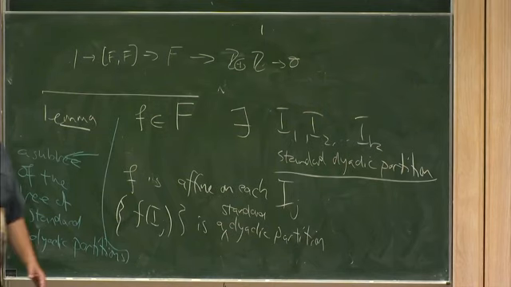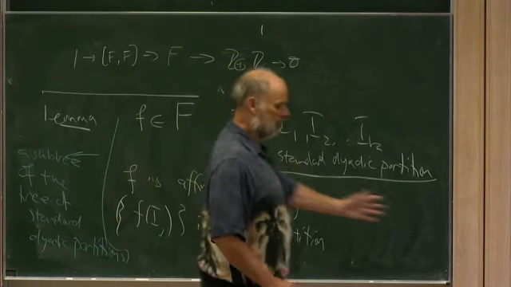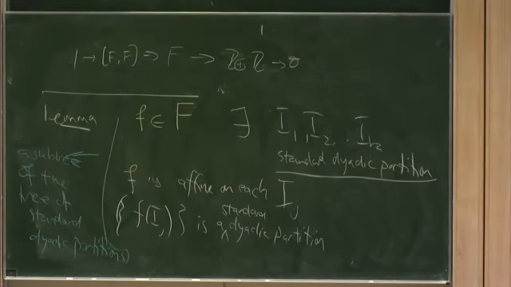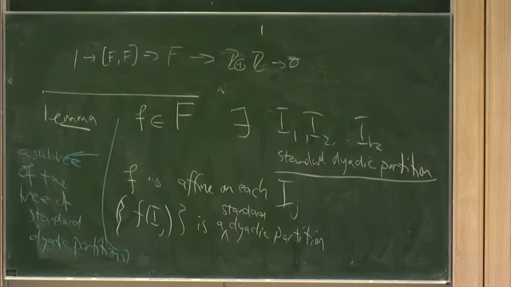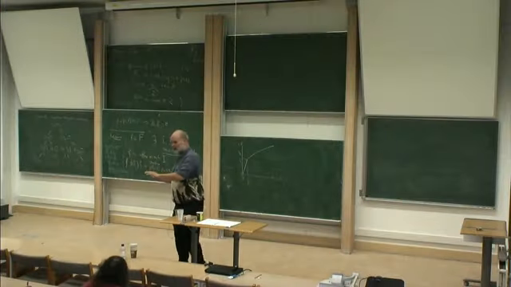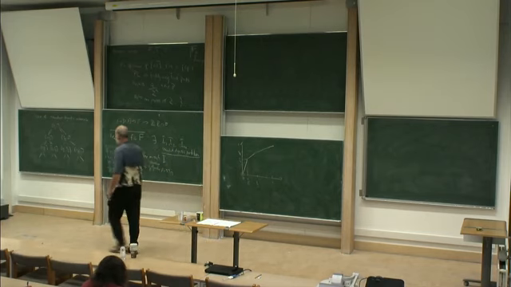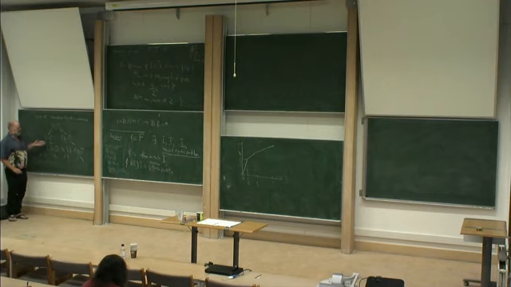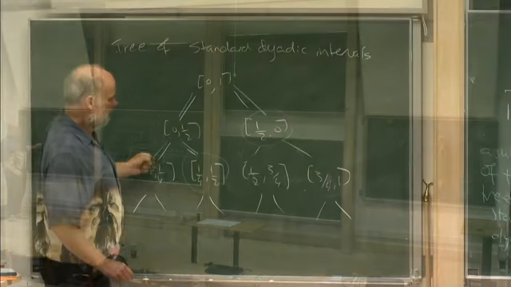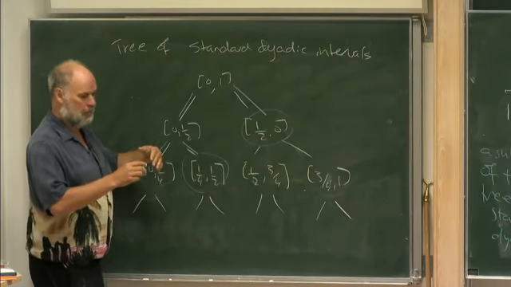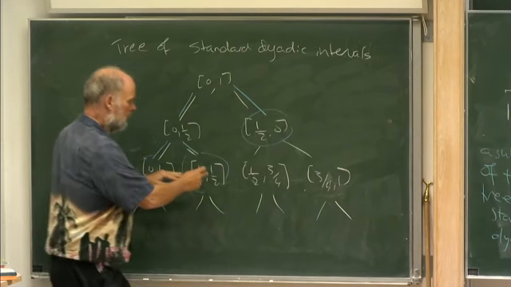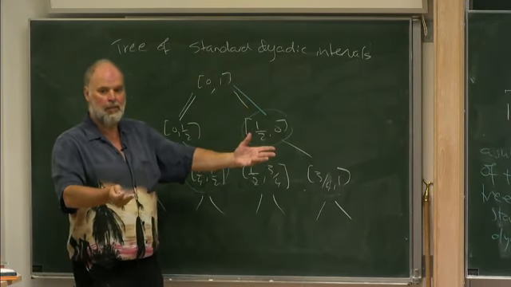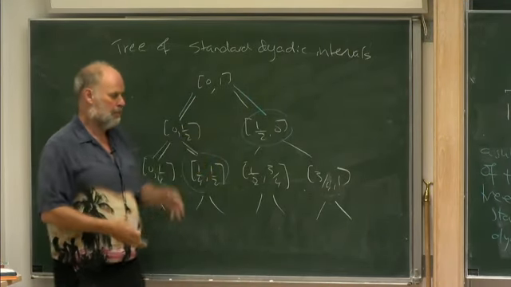Okay, so now what this means is that we've got this lemma saying that for a Thompson group element there is a standard dyadic partition that takes it to another. So in translation to the trees, there's a tree such that it takes the one tree to the other. The leaves of this tree, you'll notice, are the intervals of the standard dyadic partition. And this says that given any element of the Thompson group, there's one of these trees, and the Thompson group sends the leaves of one tree to the leaves of the other in the only way possible, because it's not allowed to have any bad points, so it's just got to be affine